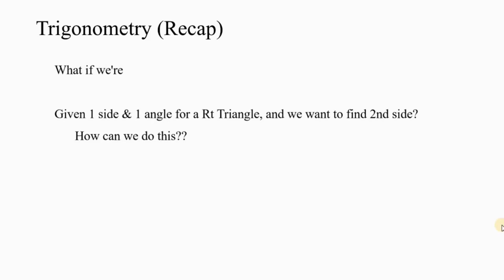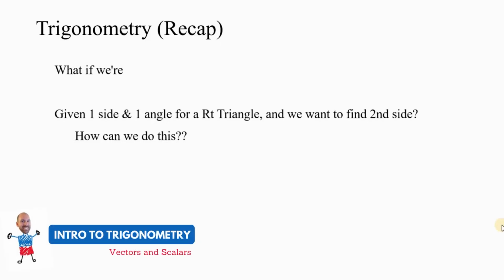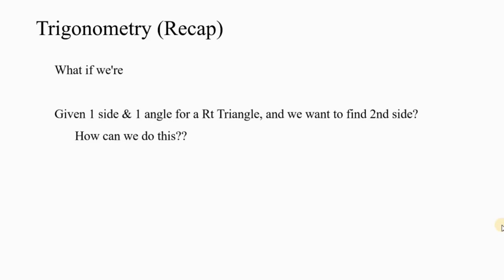But what if we're given one side and one angle for a right triangle, and we want to find the second side? How do we do this? So if we have ourselves a right triangle, and we're given one side and one angle, and we want to try to find out what y is equal to, or what z is equal to, well, we're going to use